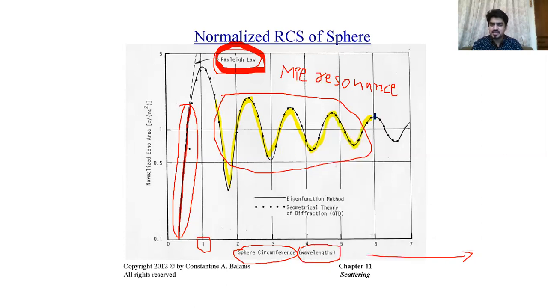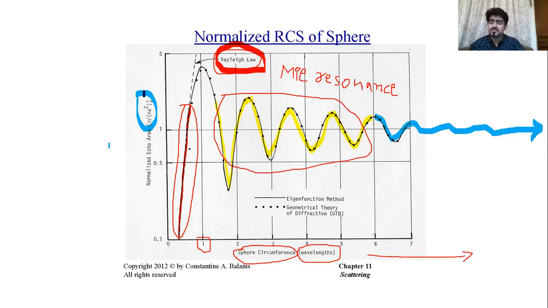As you can see, as we keep on increasing this, it approaches like this and gets to one particular value for the normalized value, and that is nothing but the ratio of sigma and pi a square, which is 1. That means for large values of the spherical circumference,